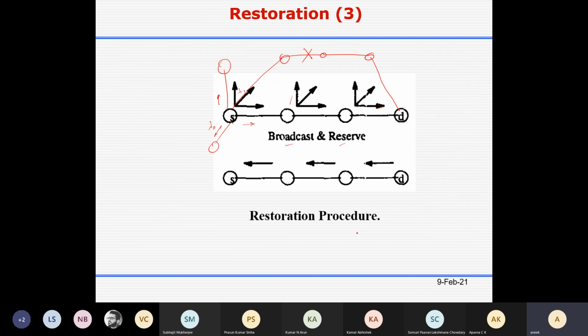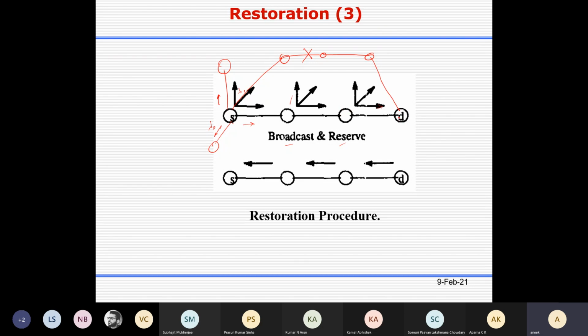Okay, so the idea is that the source node will send the broadcast message, it will go to the intermediate node, then this node will broadcast, ultimately it reaches here. So this is your broadcast message, the destination node will receive it. There is an upper limit, a hop count, and if the hop count is crossed, then the intermediate node will not send the broadcast packet.